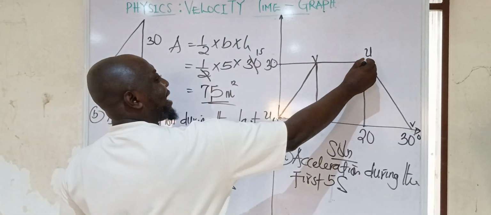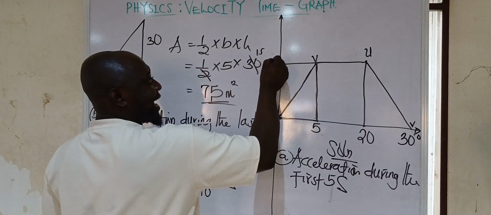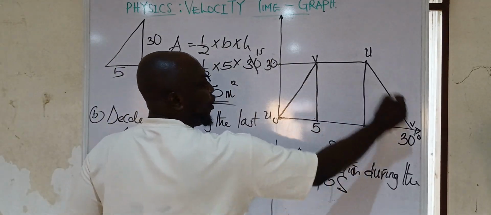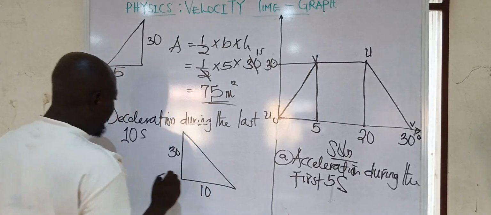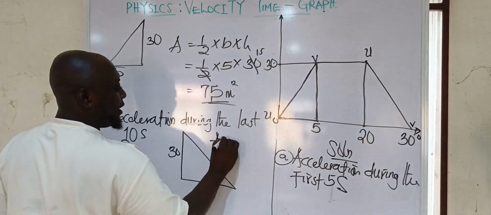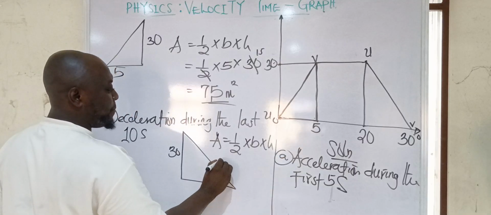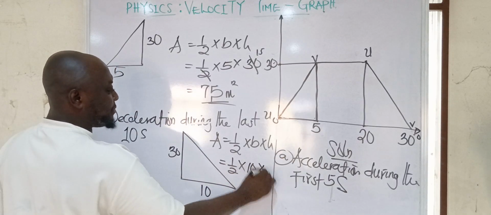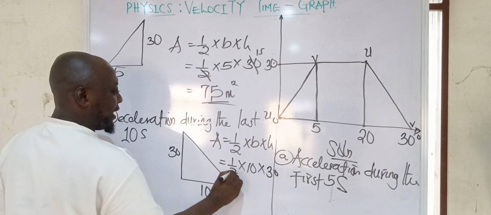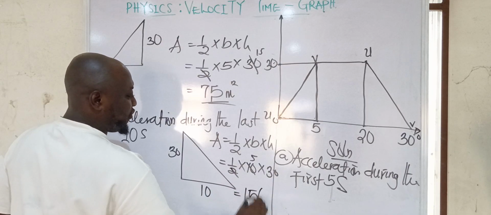So look at the height. This is my U now. Trace it here. We are always using this height. This 30 is the height of everything. So here becomes 30. So what do we use now? We say area becomes half base times height. That's all we use here. That will give us half times, what is my base here is 10, what is my height here is 30. So this can take care of this. Here is 5, and then we have this to be 150